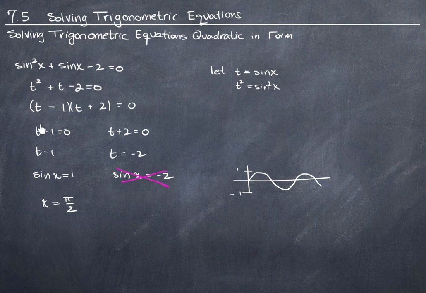Now I need to go back up to the instructions, which I didn't write here, so let me put those in now. Solve exactly on the interval 0 to 2 pi. By exactly, we mean pi over 2, not some decimal approximation. On the interval 0 to 2 pi means I don't need to write plus 2 pi k here, because I